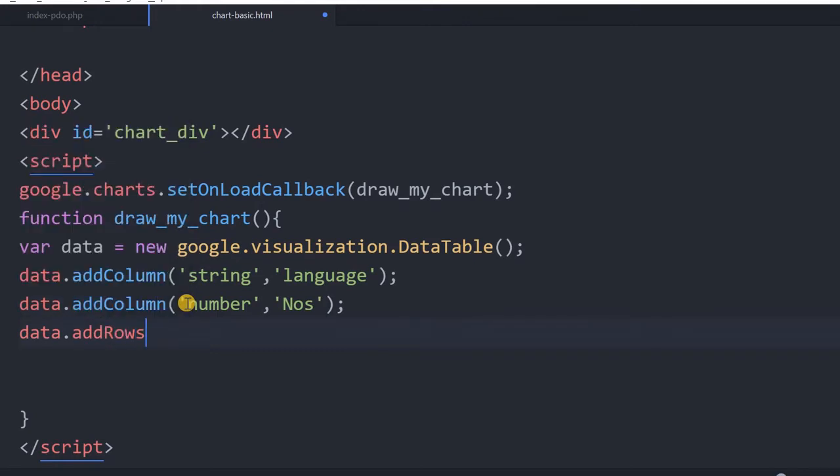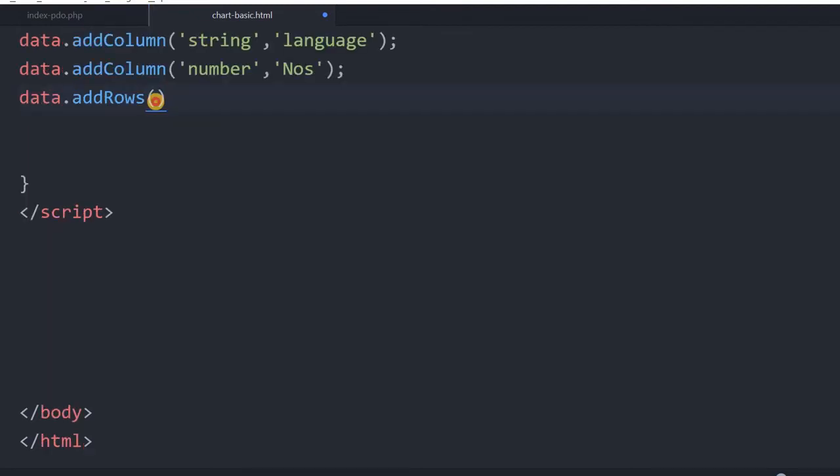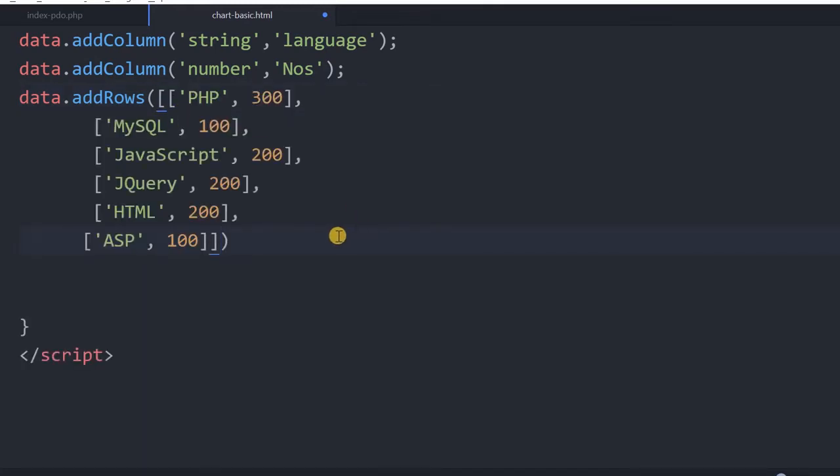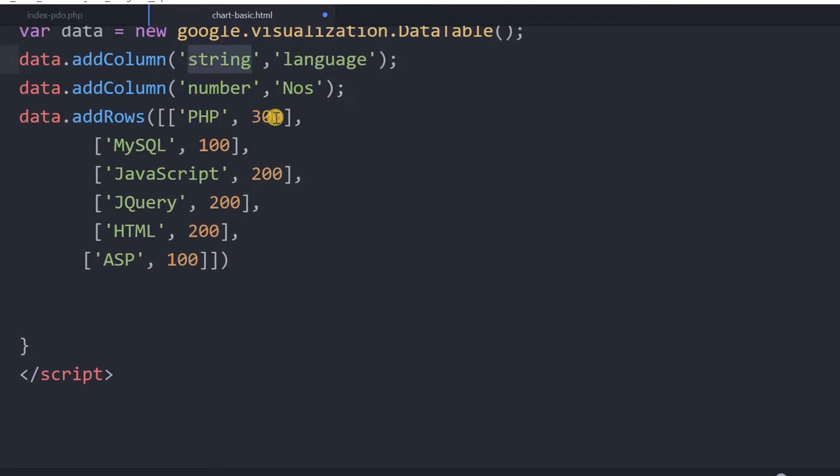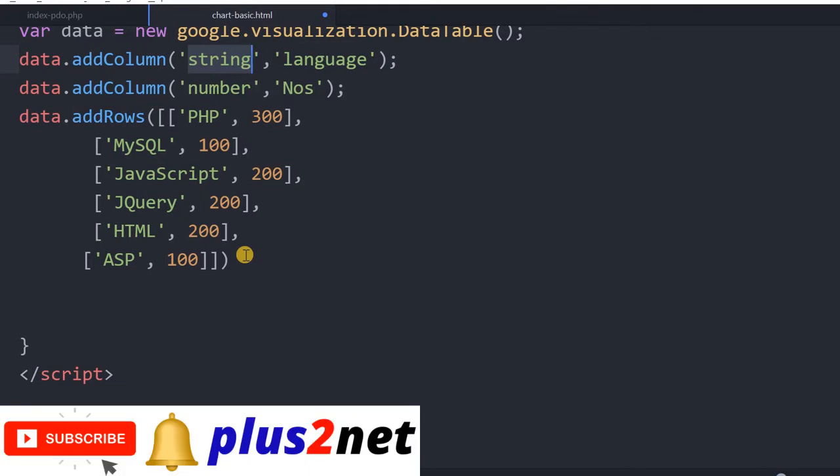Note this: I am giving a two-dimensional array to this. I have just pasted a two-dimensional array here with two elements in each section. One is a string and one is a number. You can see this is the string one, and here also I have declared two columns, one string and another number. So these two I have given here. Now I directly used a two-dimensional array, but in the next tutorial we will see how we declare it separately and loop it using a for loop.